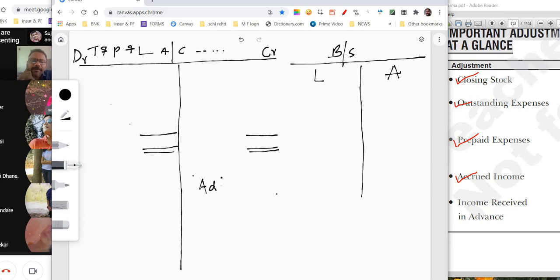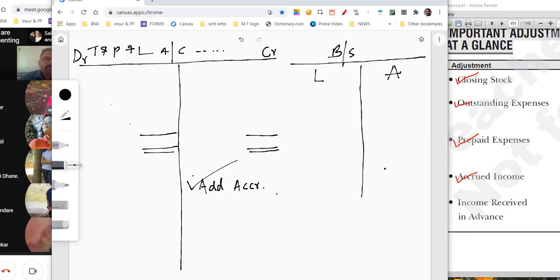What will be the item? To the item, you add accrued income. Whatever is the item. It may be commission. It may be some other income. You add to that income in the credit side of profit and loss account. In most of the cases it will be coming in the profit and loss account only. Okay. So first effect. Second effect.